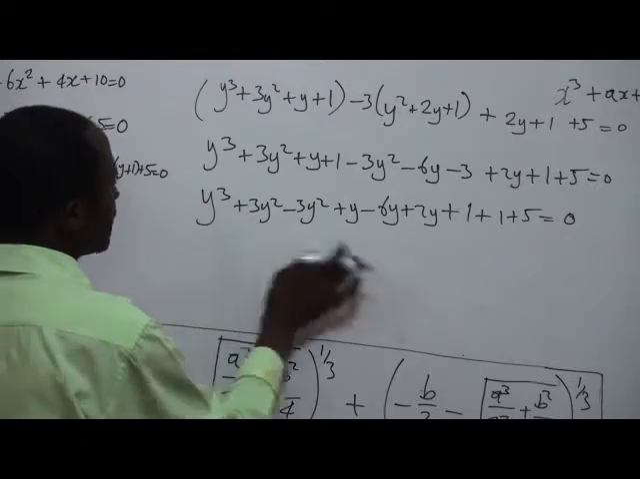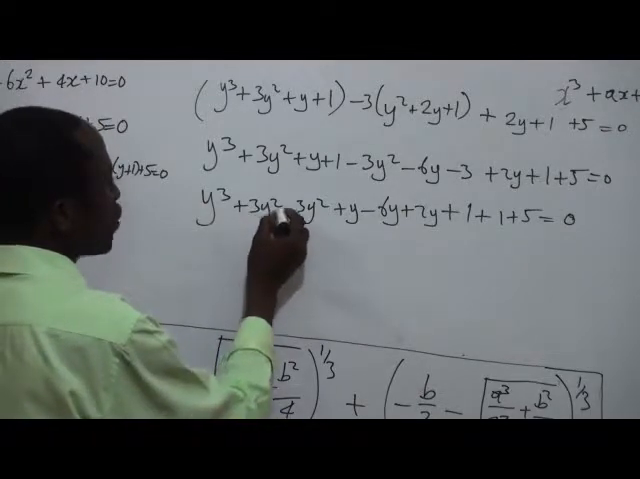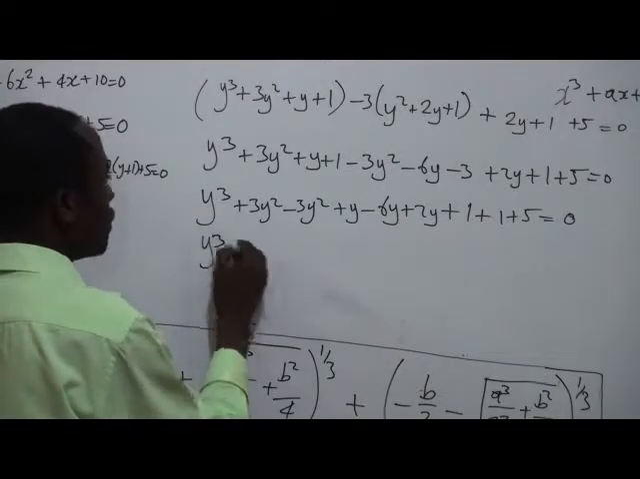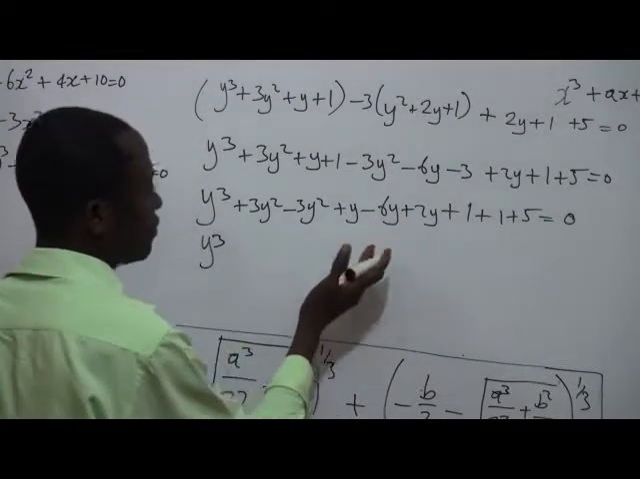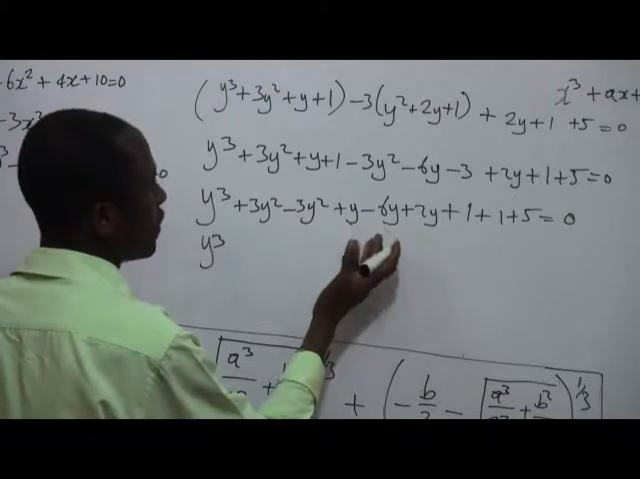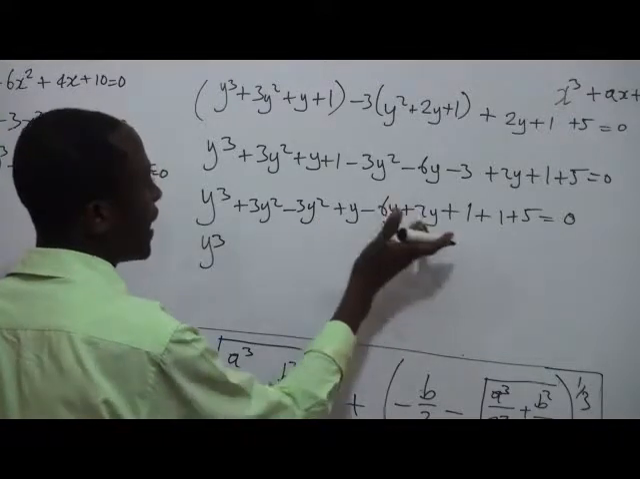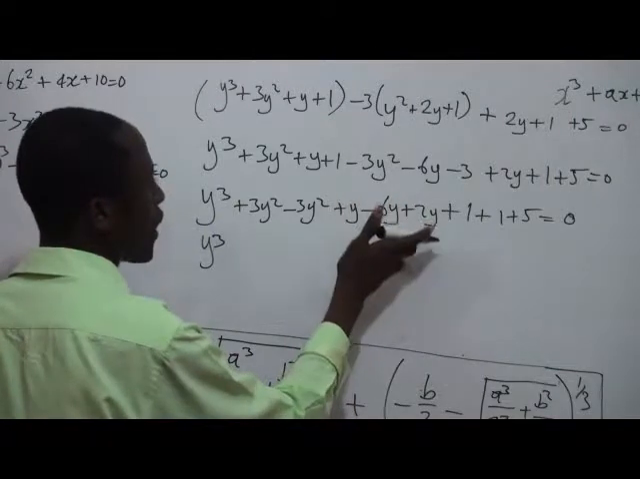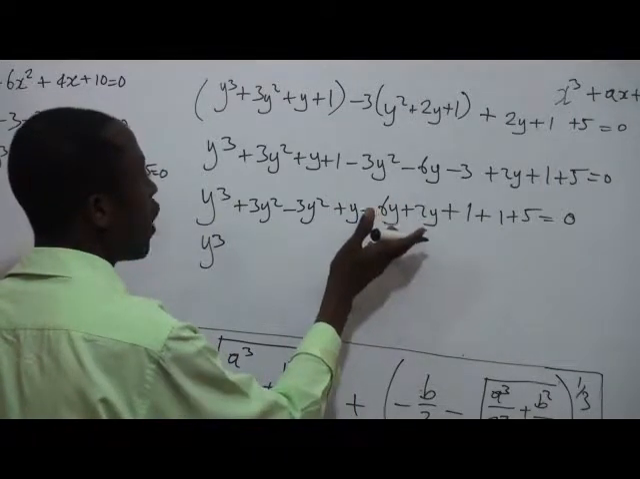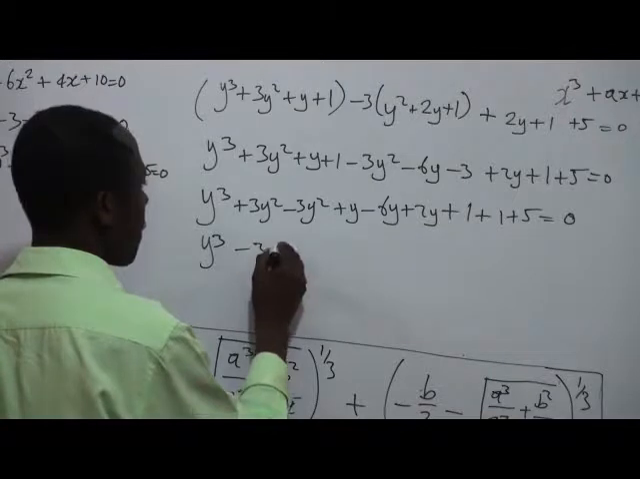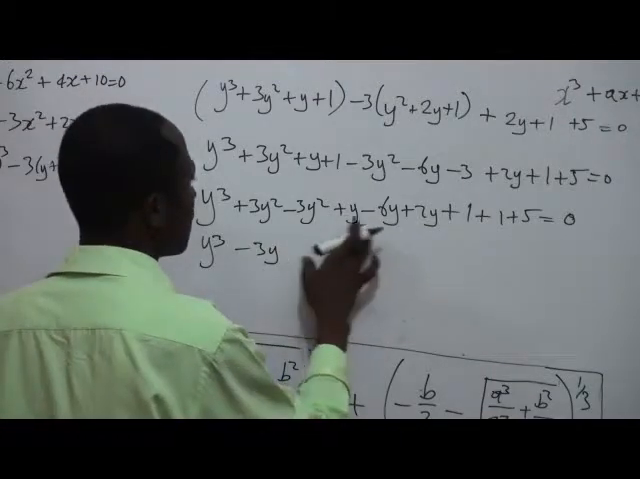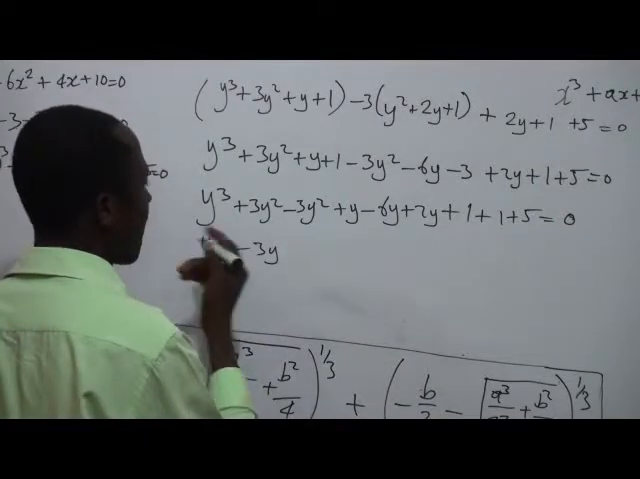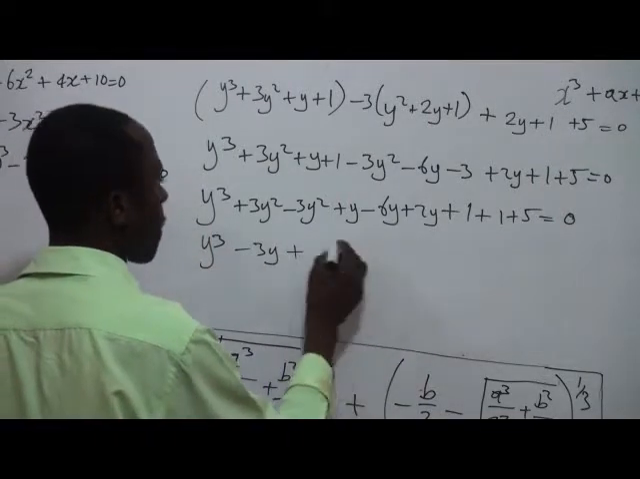Okay. Now, the 3y squared takes away this 3y squared, that is positive and negative, giving us y cubed. And then, now, this y and then 2y gives us 3y. If you subtract this 3y from this 6y, it means you're going to have negative 3y. And then 1 plus 1 plus 5 gives us